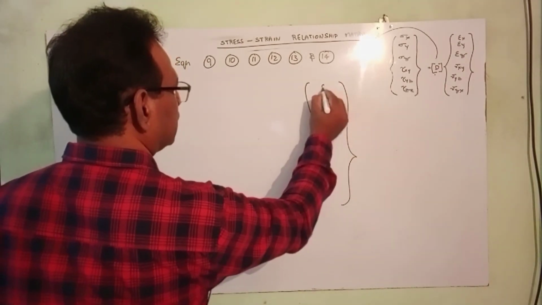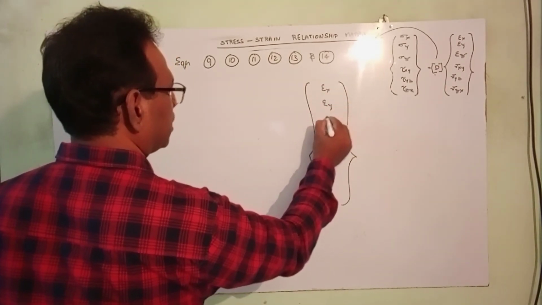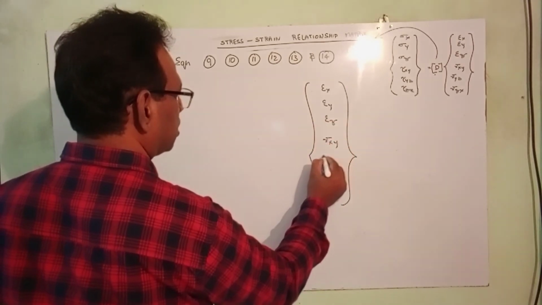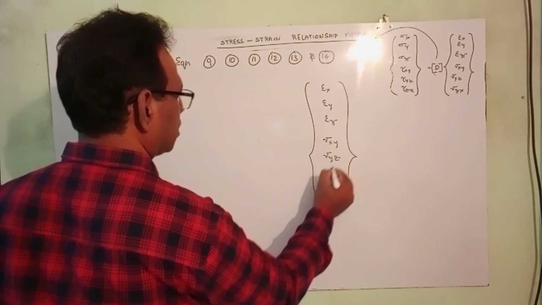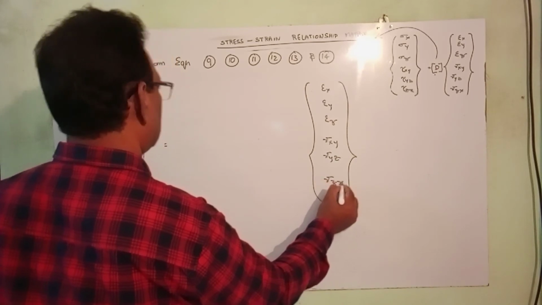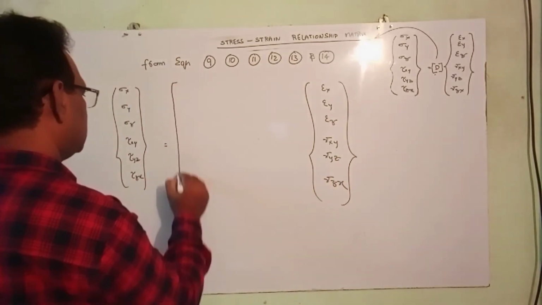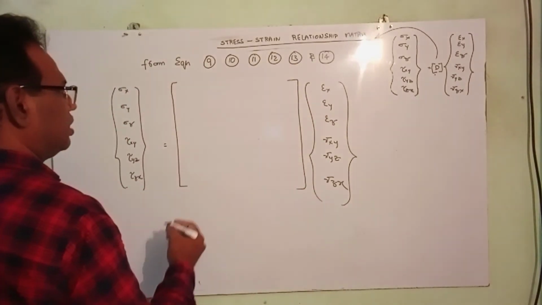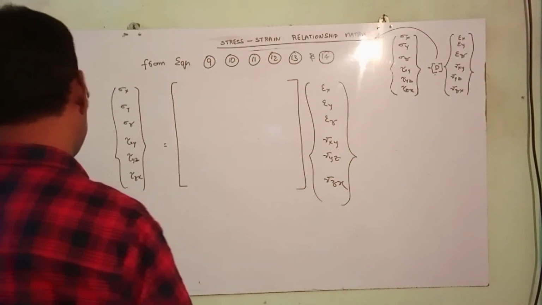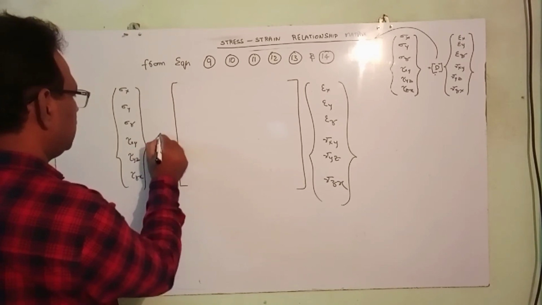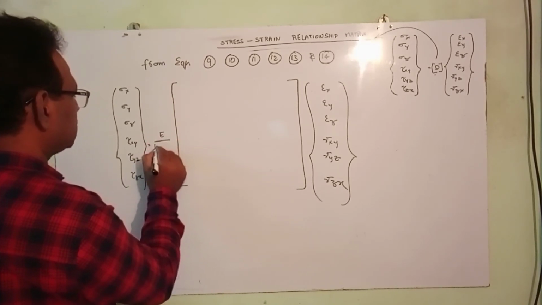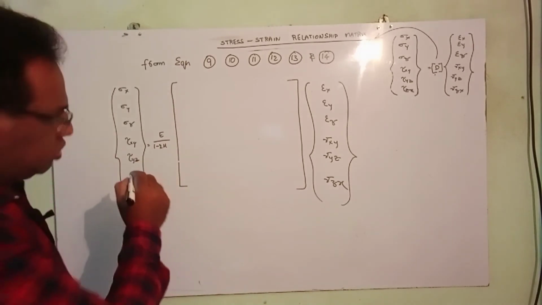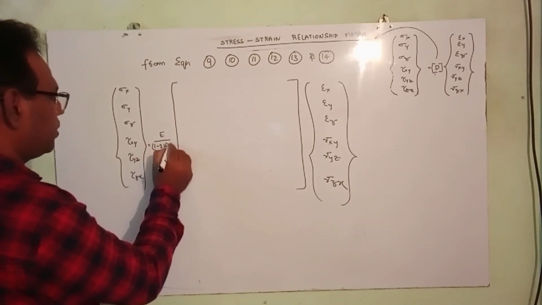Strains are on the other side: epsilon x, epsilon y, epsilon z, gamma xy, gamma yz, gamma zx. Now I am going to get a 6 by 6 matrix from the above equations. E by (1 minus 2 mu) into (1 plus mu)